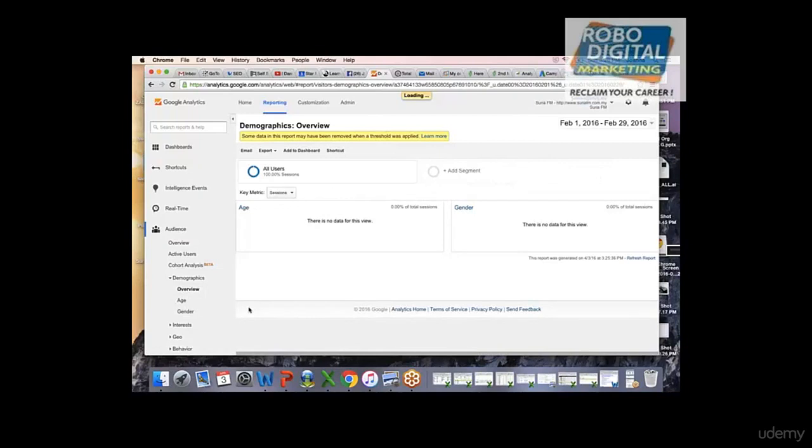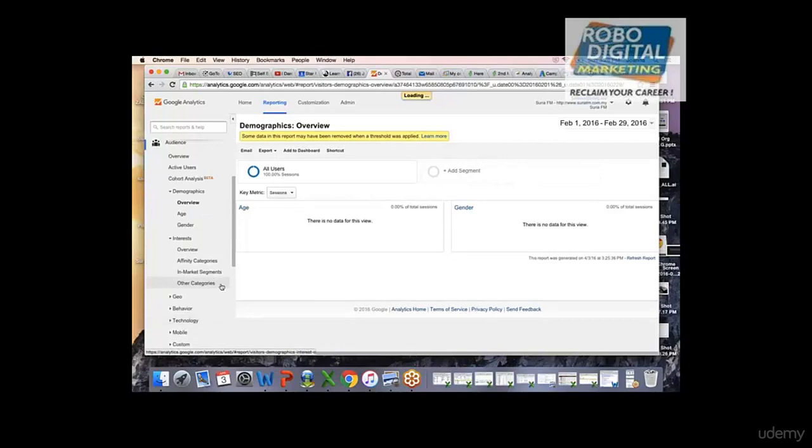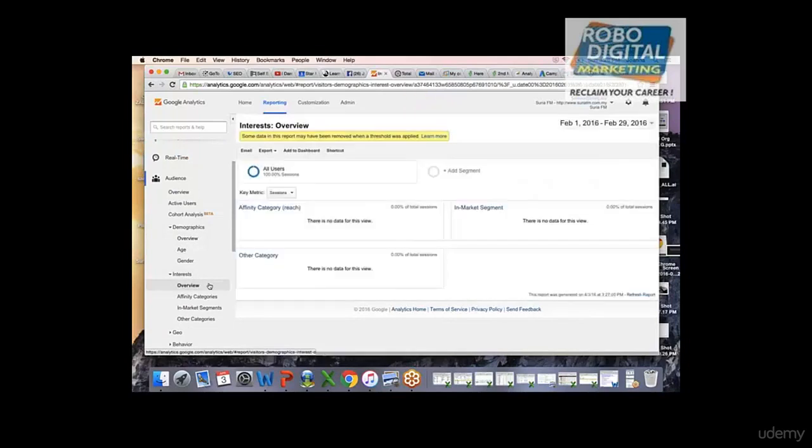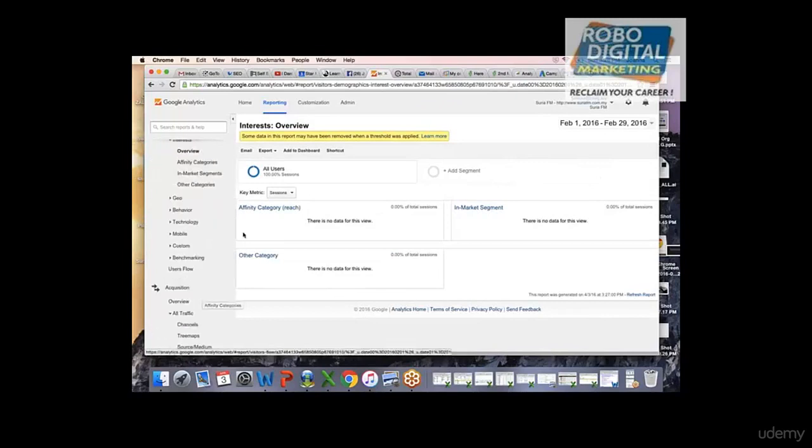You have to have it to activate. Okay, so let's move to interest, because there is no data, we cannot read it actually. But as a marketeer, you can detect which age group is performing better, which is not, by looking at the different metrics. Let's go down, go to interest. I can even control your screen, I suppose. What are we looking at now? Overview of interest. Again, you have to enable it. Still, you cannot see the data. Let's go to Geo then.